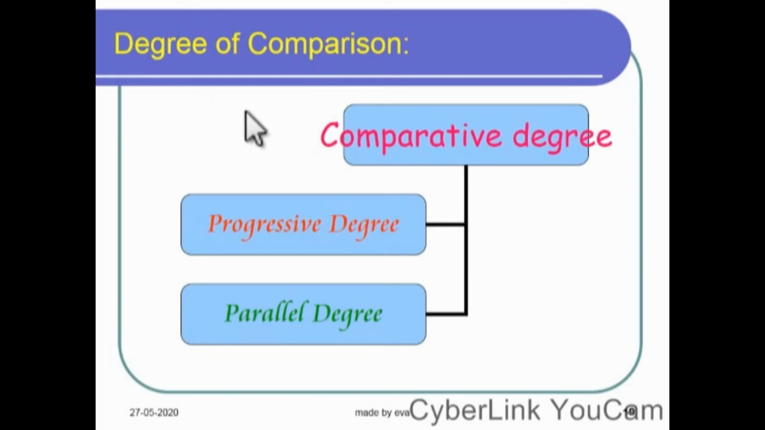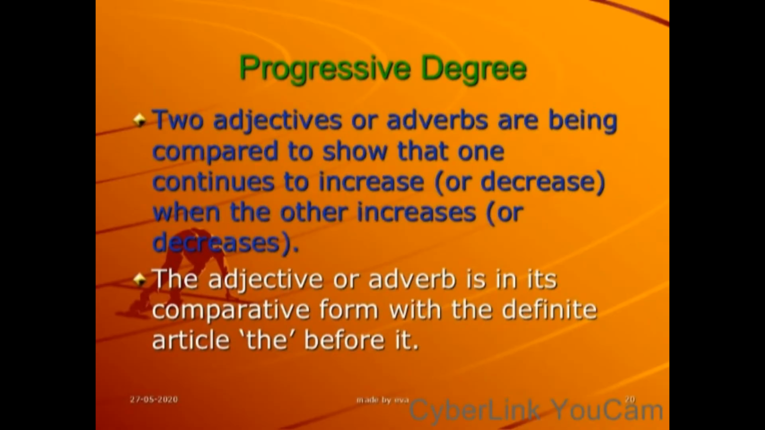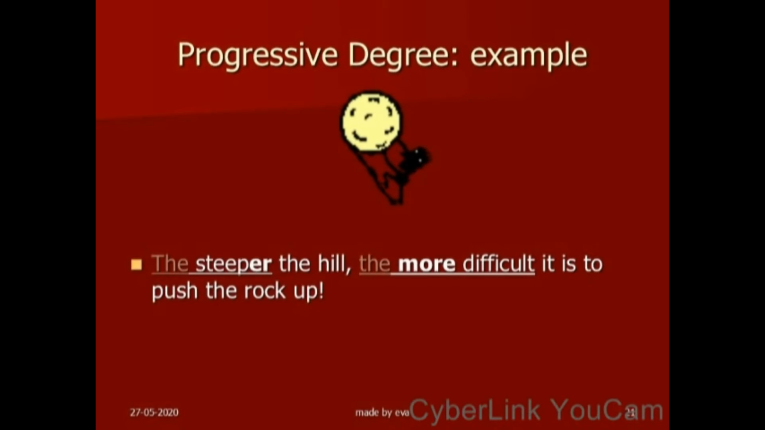Degree of comparison. We find two kinds of comparative degree: progressive degree and parallel degree. Just see about progressive degree. This is not necessary for you. Example of progressive degree: